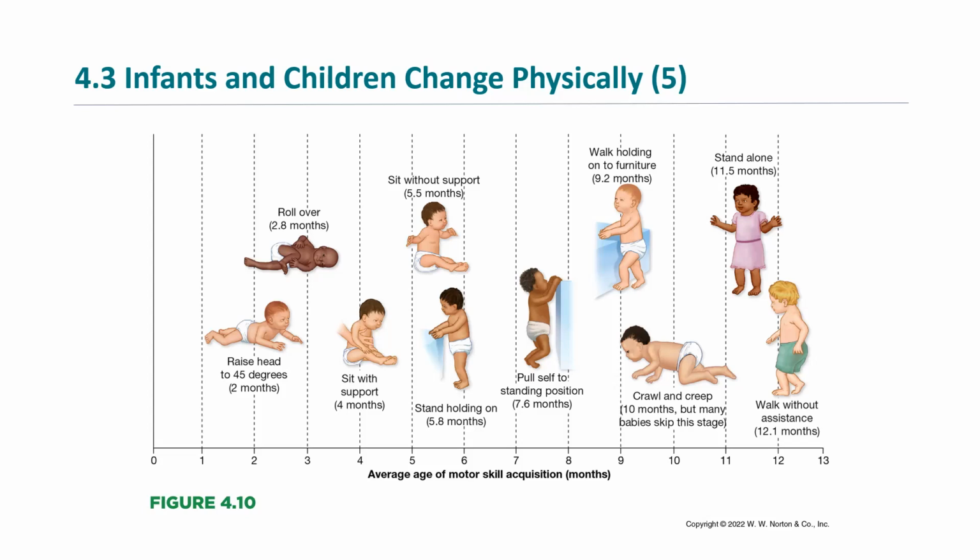You can see it's right at 12.1 months. So that's easy to remember. It's right at the end of the first year. The average infant starts walking at 1 year old, 12 months. But once again, there are some that do it at 9 months, or others that wait till 15 months. So it can be a few months. These milestones can be a few months off without being considered abnormal.